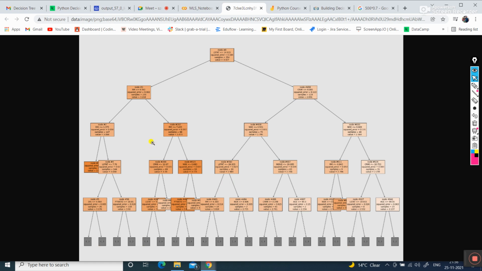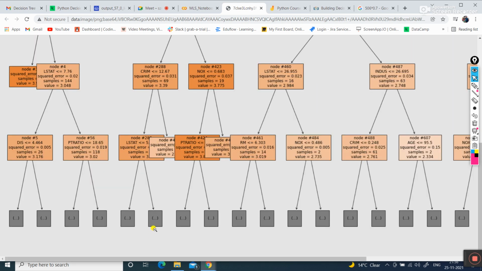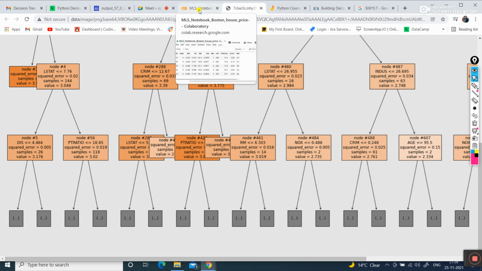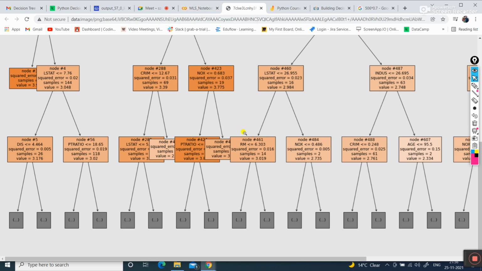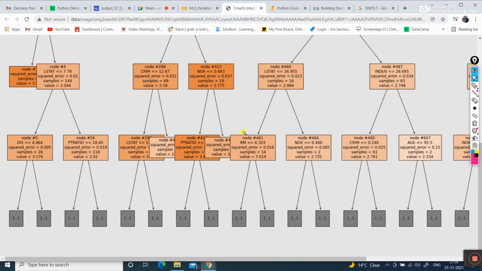Starting from the first one, LSTAT: if LSTAT is less than or equal to 14.9%, the median price of the house is high, meaning the prices of the property are high, which makes sense, because when we looked at our data,